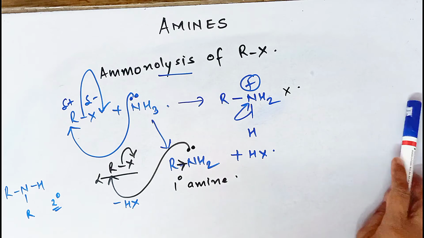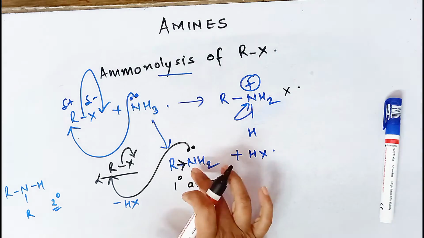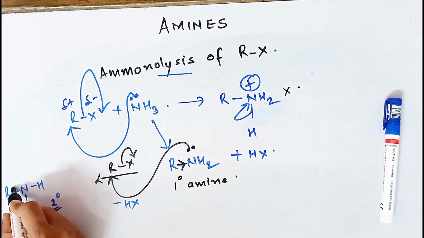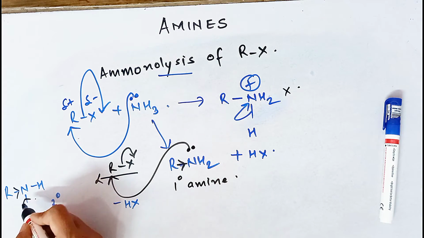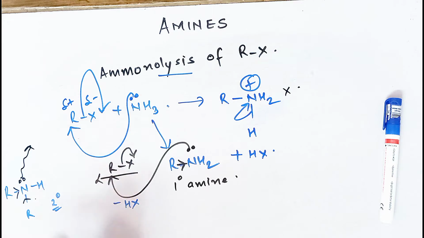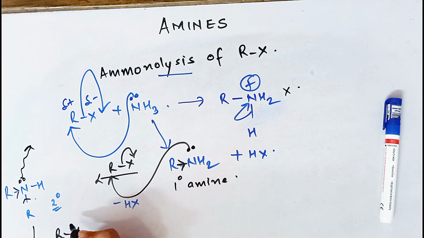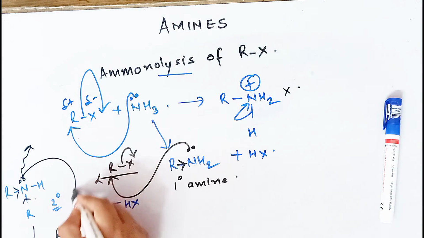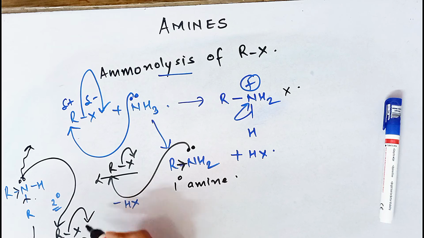Naturally, secondary amine is going to be a better nucleophile than a primary amine because now we have two electron donating groups which are donating the electrons so much on nitrogen atom that it can attack very fast. So the next is one more attack you can show, same kind of attack. The nitrogen is going to attack and the X is going to go out.